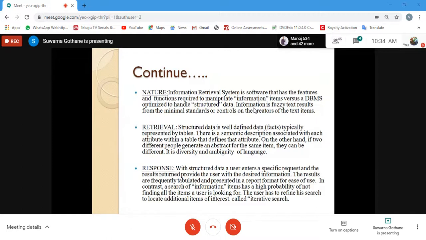Your search, again, you will redefine. Suppose you are searching for a book; in your mind there is some concept, and there are multiple books of that particular subject. What happens? It is going to pop up all the books. Suppose I type IRS book, so all books are going to pop out.